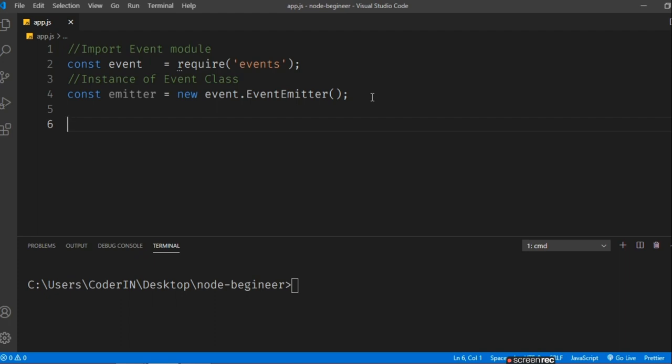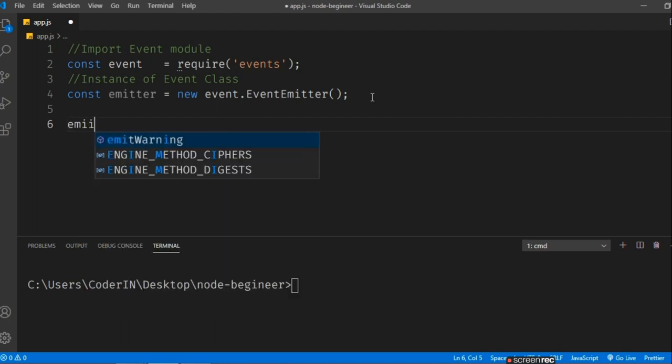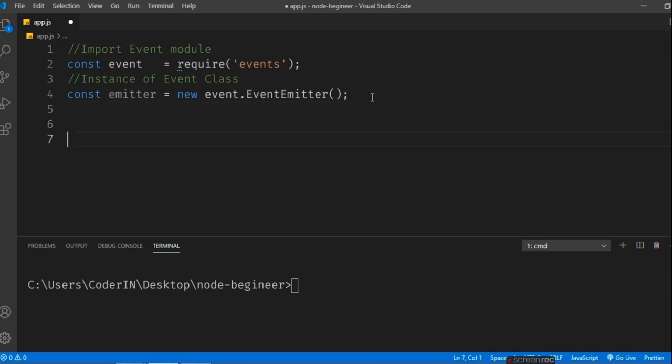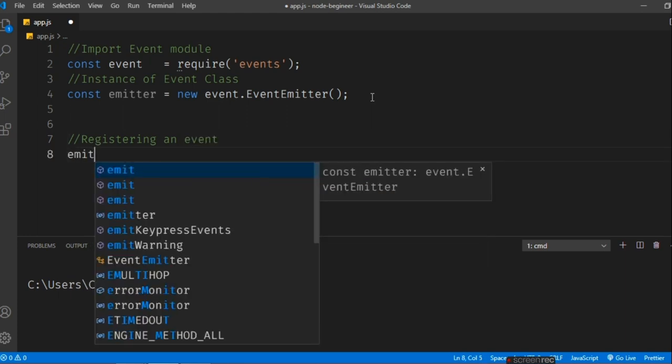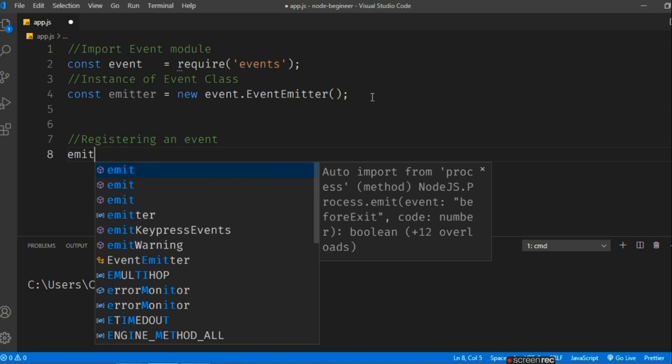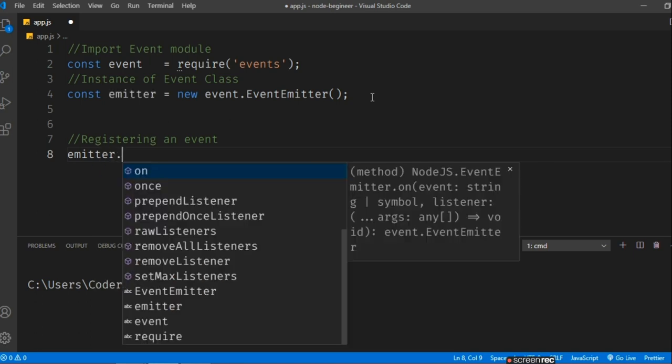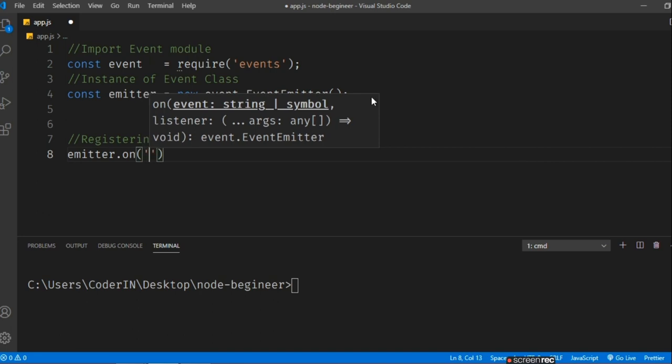Now first we have to register an event. For registering an event we have to use emitter.on.